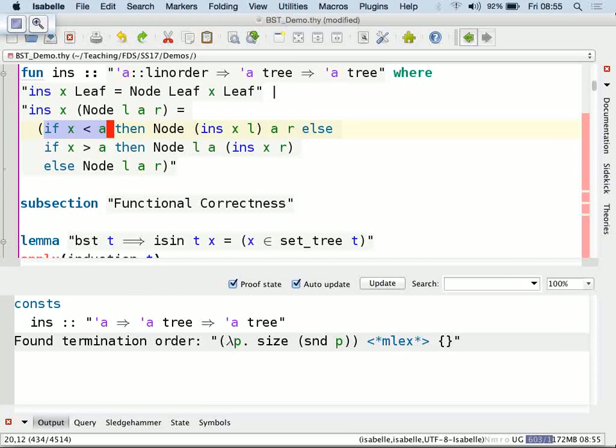If X is less than A, well, you can go into the left branch. Of course, if it's not less than A, then it's greater or equal. So you don't know, is it equal or is it greater than? And what you do is, at that point, you say, oh, well, let's not do this test now. Rather, what we do is we just go down the right branch and accept the possibility that maybe we missed this element. But then we additionally carry that element with us,